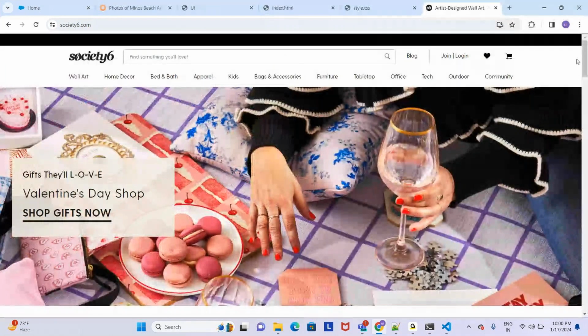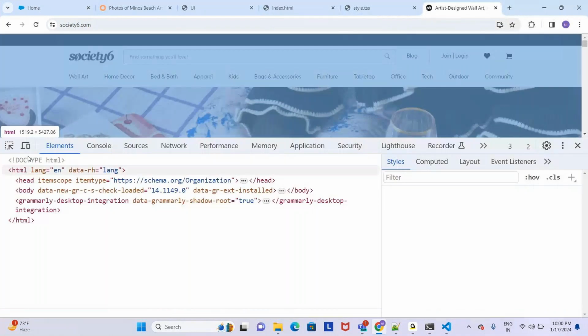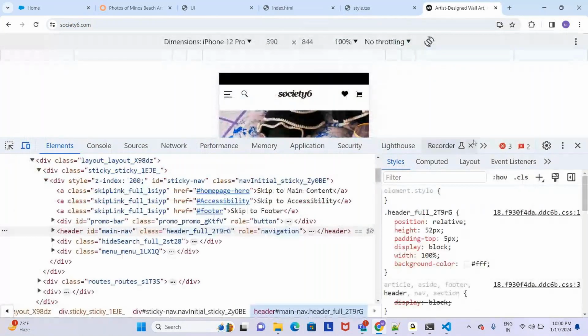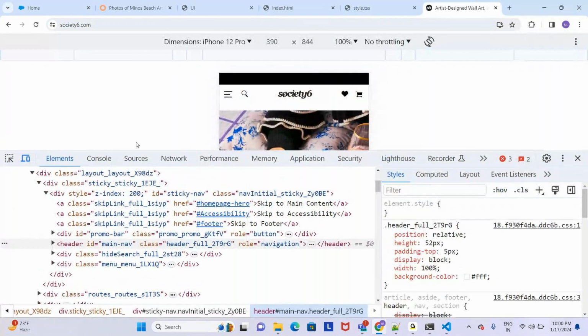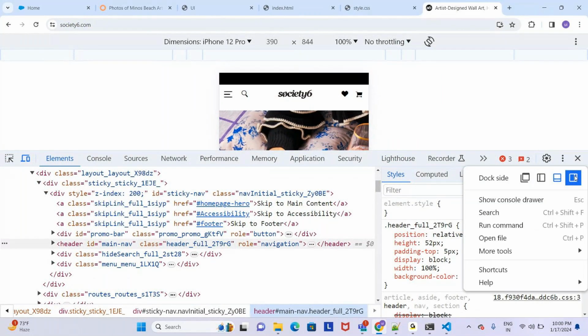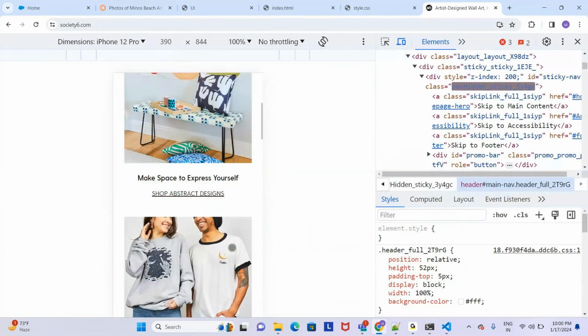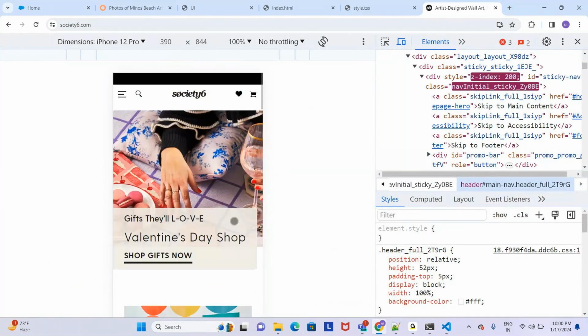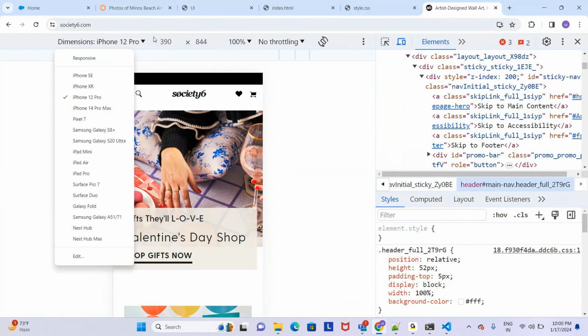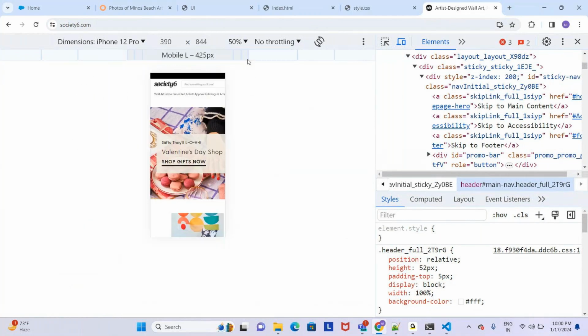We have an option for this. Whenever you are checking, it's better to keep this entire palette at the right side so that you can easily verify it. And now when you make this 50%,